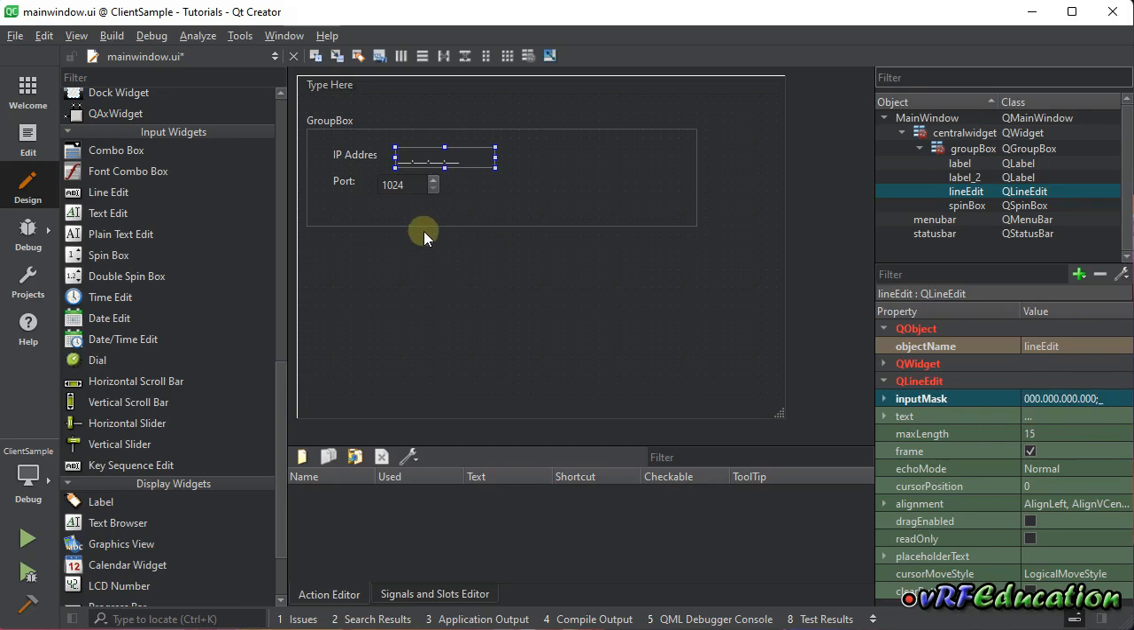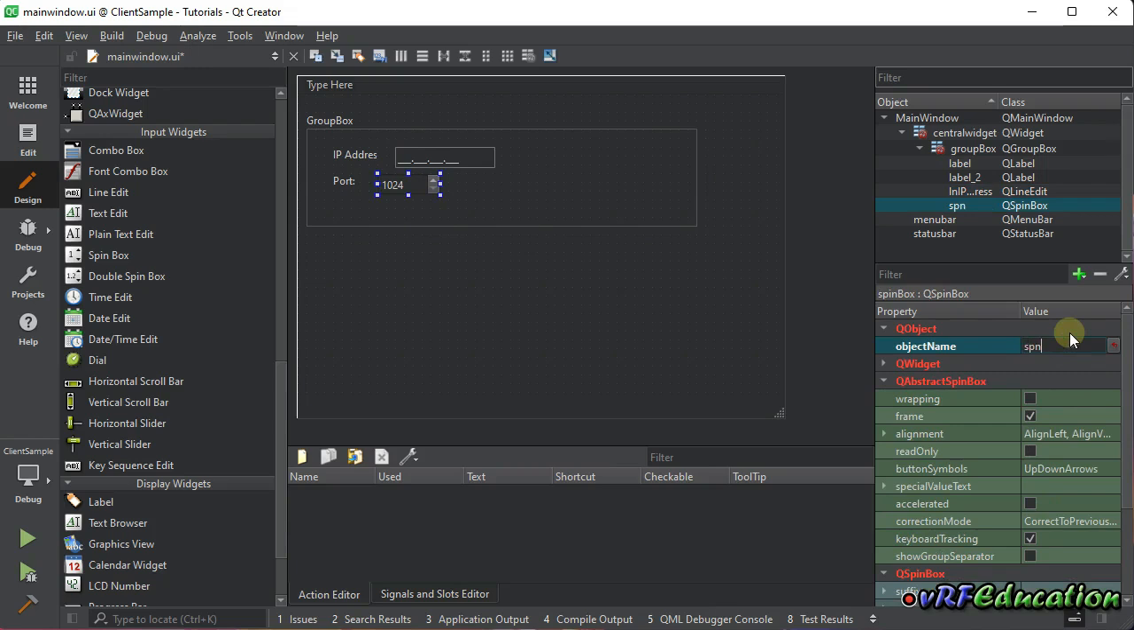Okay, now we have a place to enter 4 different only numbers in our line edit and change the names. Okay, it's going to be ln IP address, and for the other one it should be SPN port,